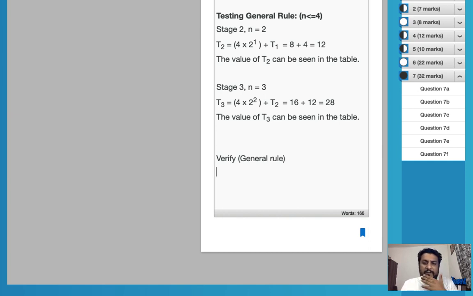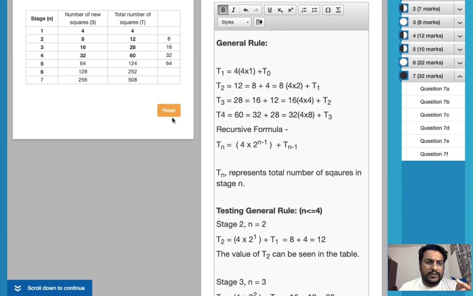Okay. Now over here, whenever we verify, we can use the values which you have written in the table, or the values which are not there in the table. So we'll verify for the values greater than 4. That is 5, 6, 7, 8, 9. But it's good that you verify only for 5, 6, 7. Take any 2 of these 3 values, because then you can give evidence that your verification is correct in terms of the values already written in the table. Okay,